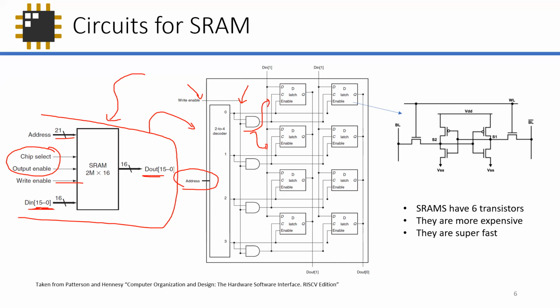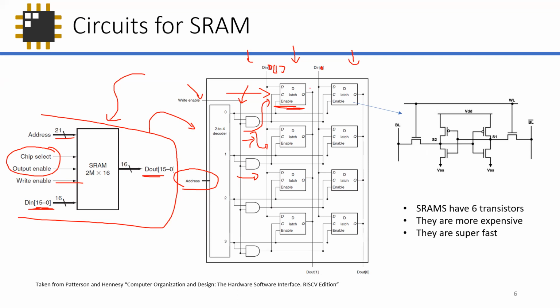If it's enabled, you can write on that row. So this is one row, one row, one row. And these are the columns in bits. Now, I think this is supposed to be D in 0 and then D in 1. I didn't make that, so this is a typo. Oh, there's a D in 1 here, and then D in 0. This has to be D in 0. Anyway, now you have a bunch of decoders, you have a bunch of enable signals, and then you have